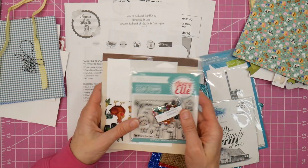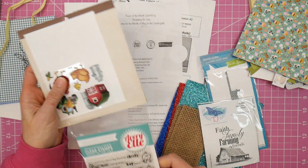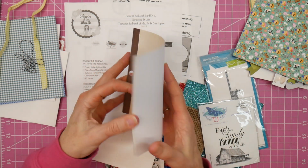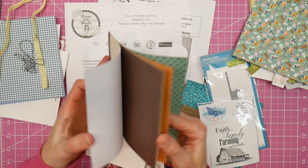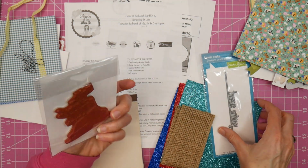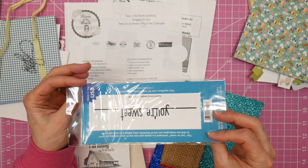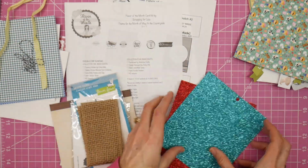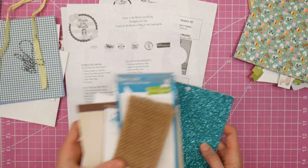Collection 4 is Farmhouse by American Crafts. Some more sequins, another cute stamp set, some cute stickers, and then this is the paper that goes with this one. And then there were some bonuses in this one: a Faith Family Farming stamp, a Your Sweet die by Lawn Fawn, some burlap ribbon, and some glitter paper. So I'm just showing you